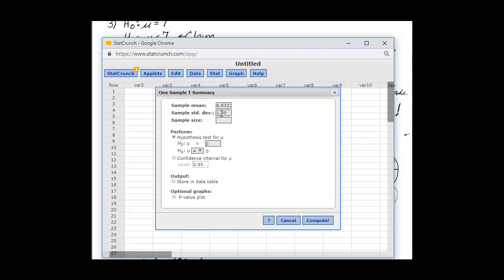1.992409, and I think it was 8.4. Okay, and our sample size was just 12. We are doing a hypothesis test. We're testing to see if the mu is equal to 7, so I need to change that. And then I'm going to do this drop-down menu. We have a left tail test, so I'm going to hit less than, and then I'm going to let StatCrunch